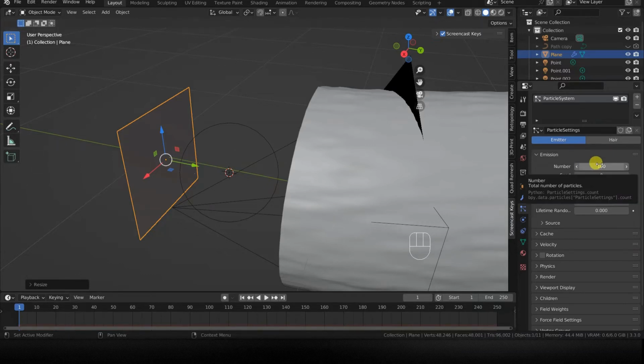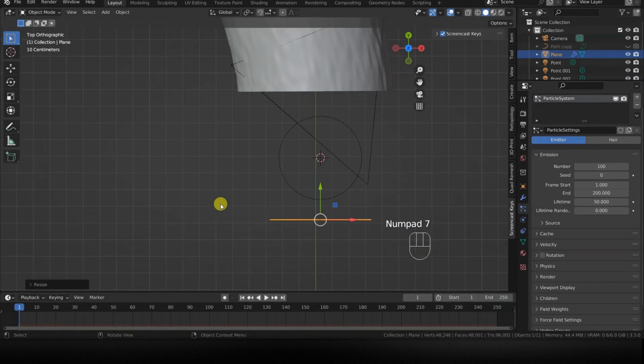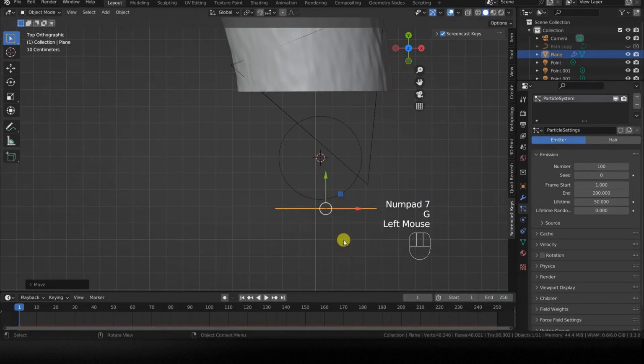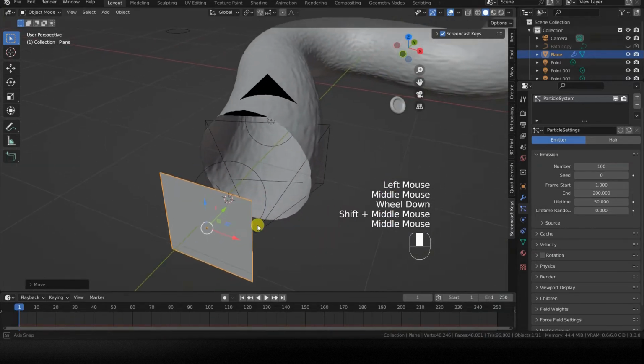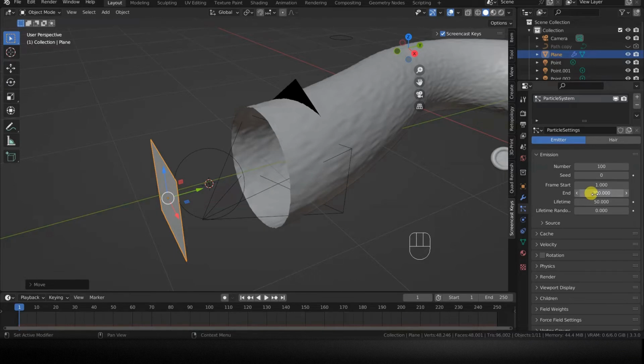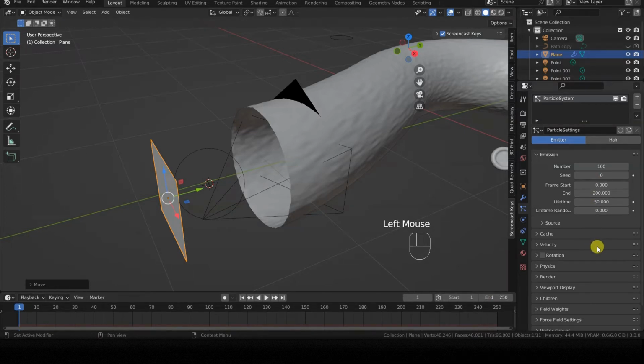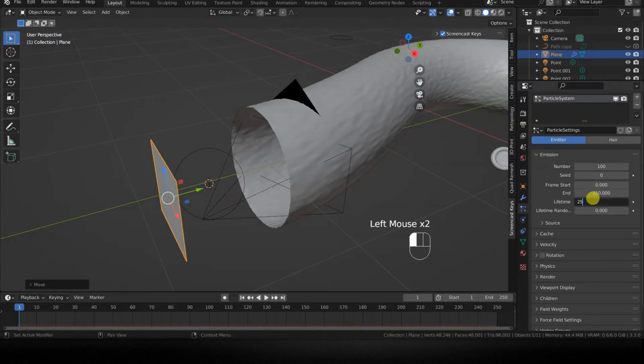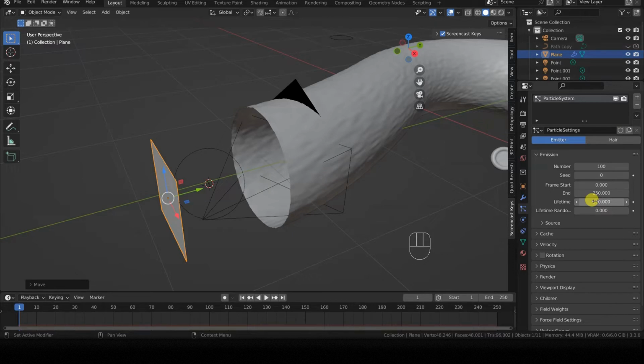As for the number of particles, we will test as we evaluate the animation, but for now, let's set them to 100 in the number field of the Particle System tab. Regarding the animation's duration, I am leaving Blender's default 250 frames, equivalent to 10 seconds of footage at 25 frames per second, so we can set frame start 0, end frame 250, lifetime 250.